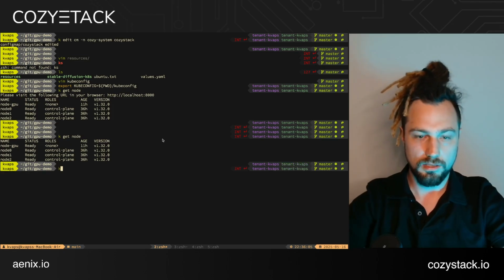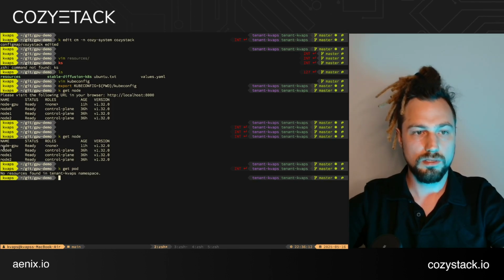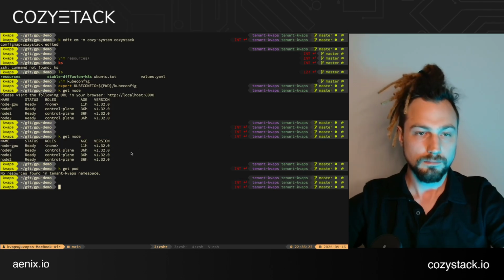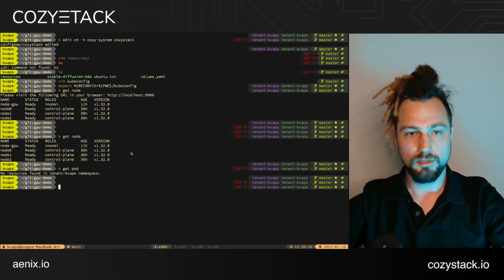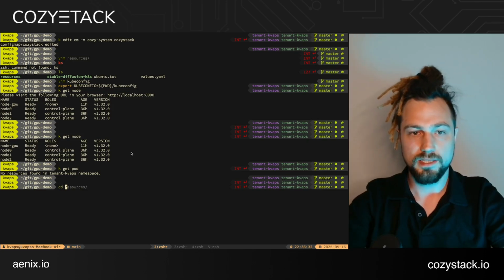So we can check if there are any pods running. There is nothing yet, but we can also check the nodes. In this cluster, I have 3 control plane nodes and 1 GPU node added for our tests. Those nodes are actually deployed by Talos Linux. We have our own tool to configure Talos Linux itself. And before we start